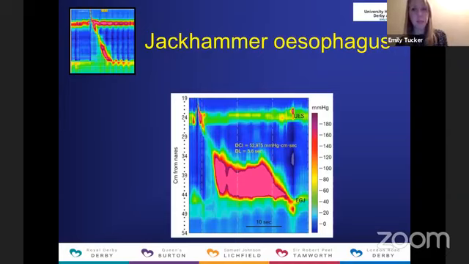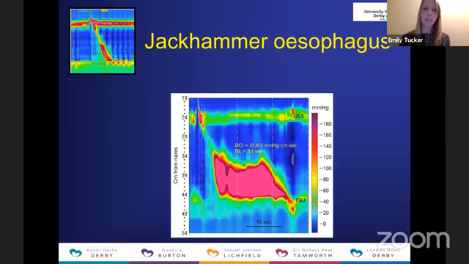GTN spray can be used, particularly around meal times if tolerated. Calcium channel blockers can be helpful. Sildenafil has had occasional use, although it's not been used excessively in this market. POEM has been suggested as a way to obviously make a cut to stop that spasm from being allowed to